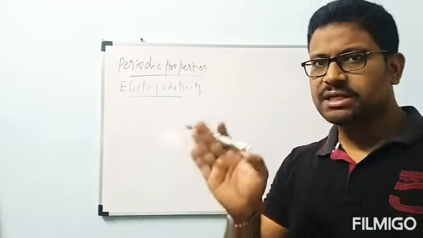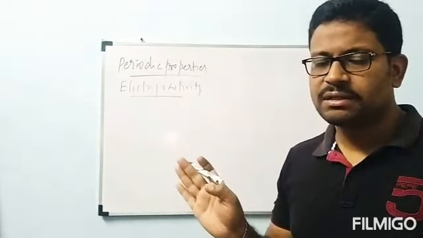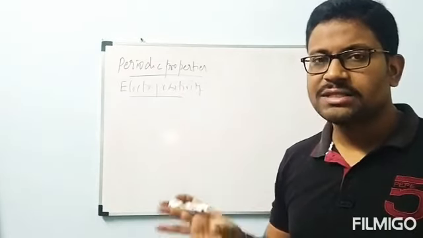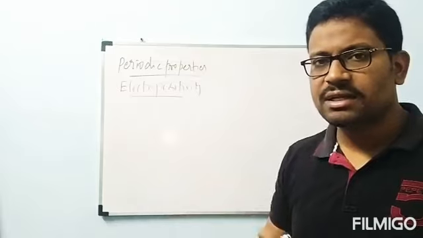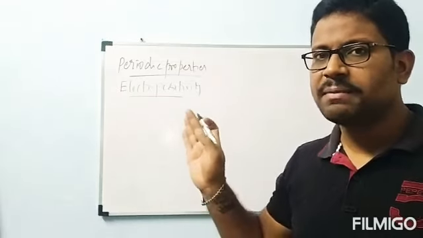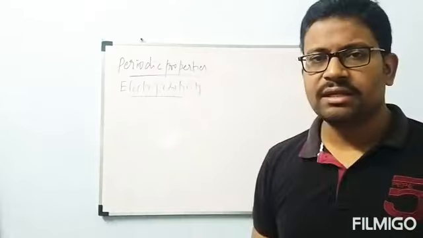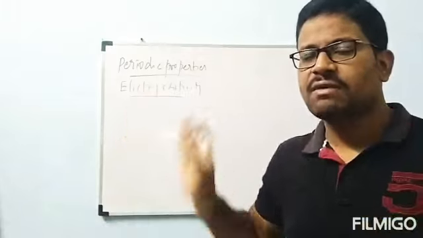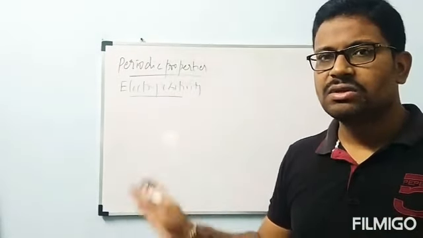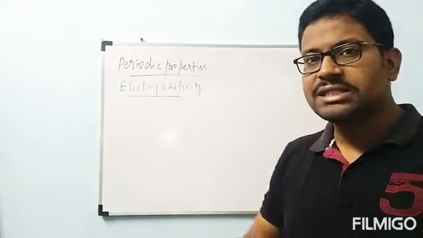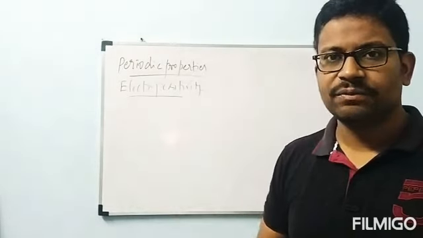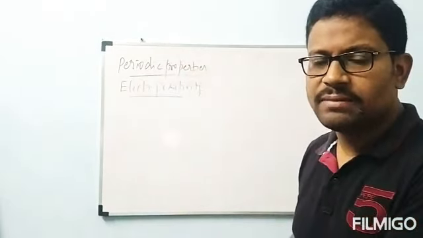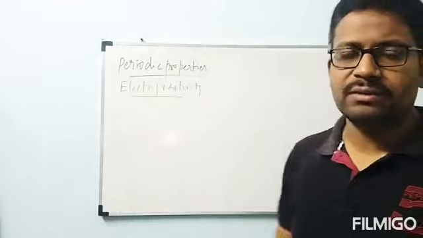The elements present on the right side, except the inert gases, are highly electronegative elements, because they are smaller in size. Smaller in size means they can attract the electrons strongly. So the highest electronegative elements will be present on the right side. The elements which are bigger in size are present on the left side, because left to right, size decreases. Those can lose the electron easily. Those are highly electropositive elements. Our periodic classification has highly electropositive elements on the left side and highly electronegative elements on the right side.